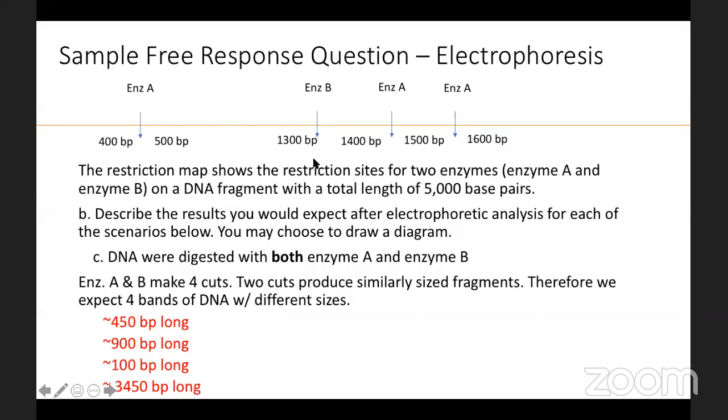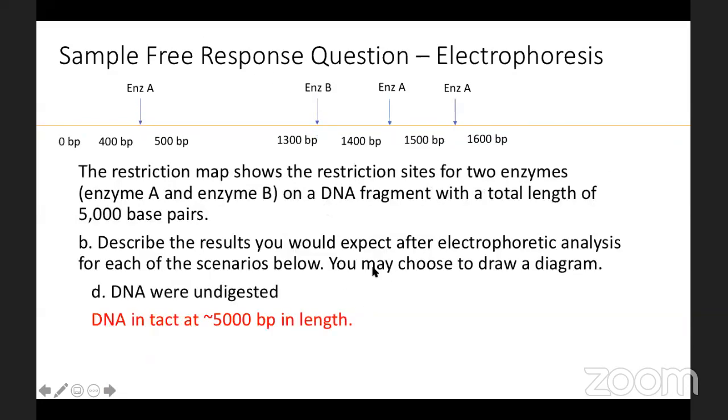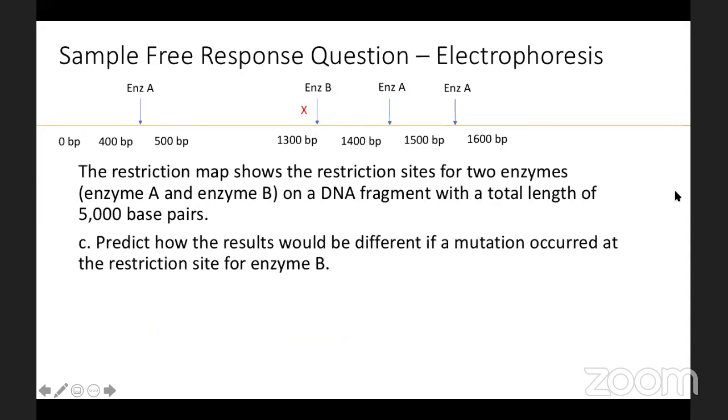The undigested DNA. So the undigested DNA means that no cuts would be made. If no cuts are being made, we're just going to end up with the intact 5,000 DNA base pairs. And then they ask you to predict how the results would be different if a mutation occurred at the restriction site for enzyme B. So if there's a mutation in the DNA right here,